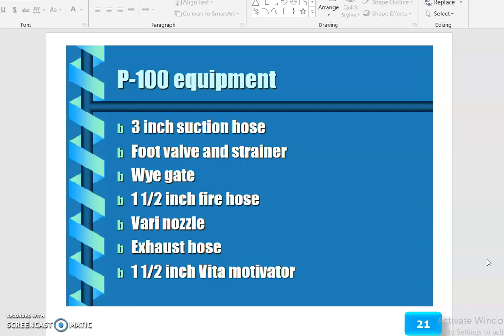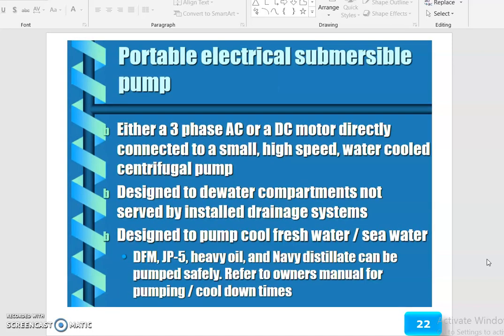1 1/2-inch eductor. So the portable electric submersible pump has either a 3-phase AC or a DC motor directly connected to a small high-speed water-cooled centrifugal pump, designed to dewater compartments not served by the installed drainage system.